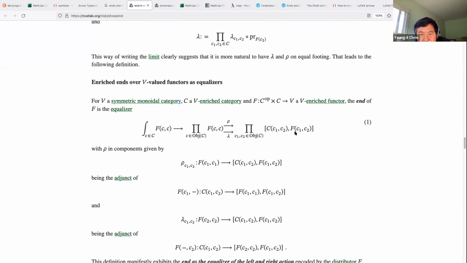I see. So for all combinations C1 and C2,